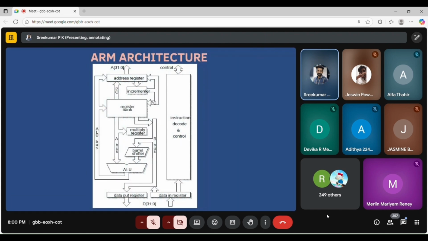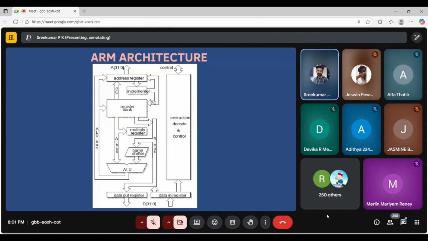So, ARM architecture. I'm going to explicitly tell you about ARM architecture. Inside ARM architecture, I have only got this picture because I have told you already, ARM is a proprietary architecture.